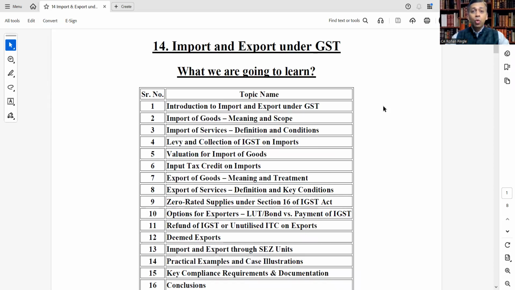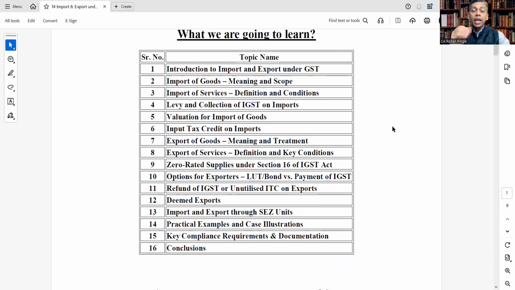Let me share my screen. Import and export under GST. What we are going to learn. Let's have an introduction to import and export under GST. Import of goods, meaning and its scope. Import of services, definition and conditions, levy and collection of IGST on imports, valuation for import of goods, input tax